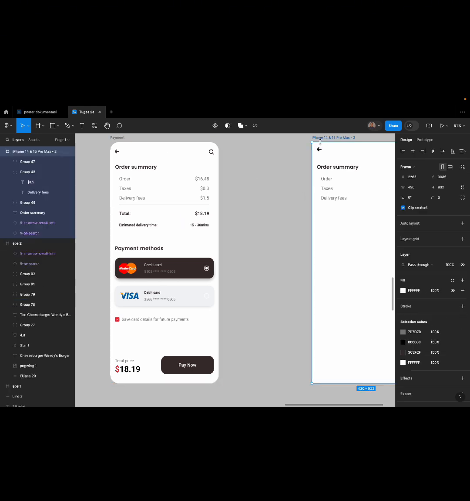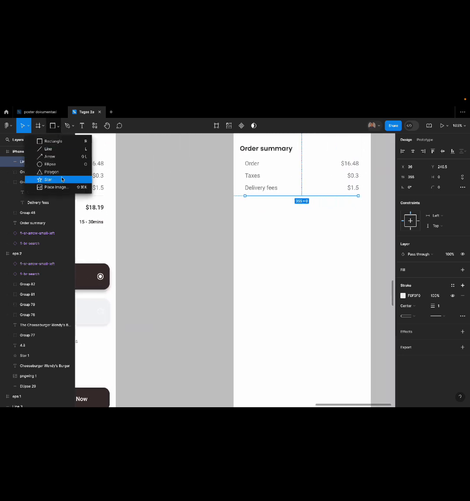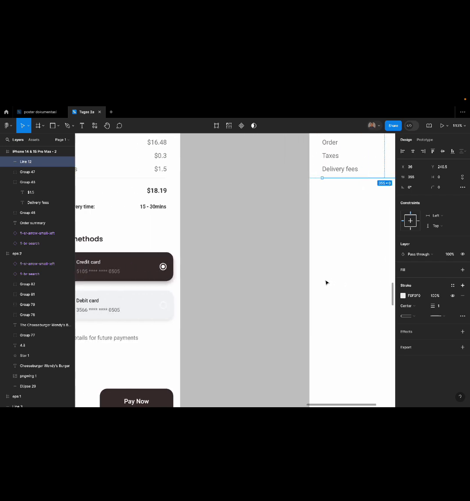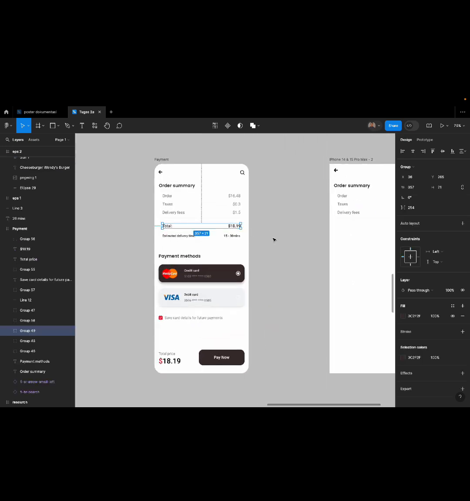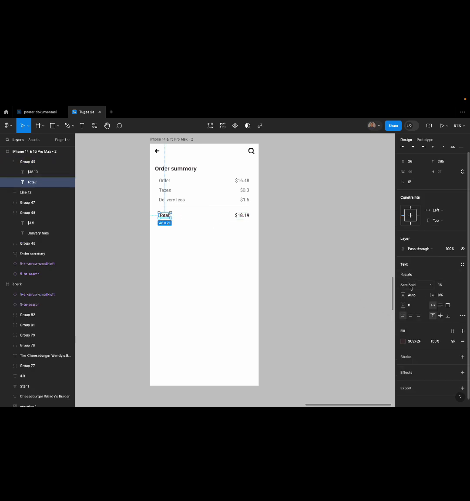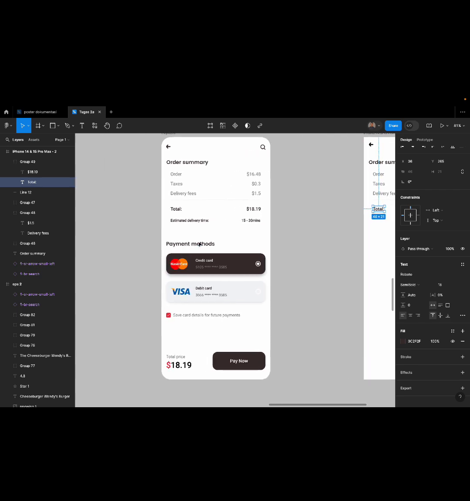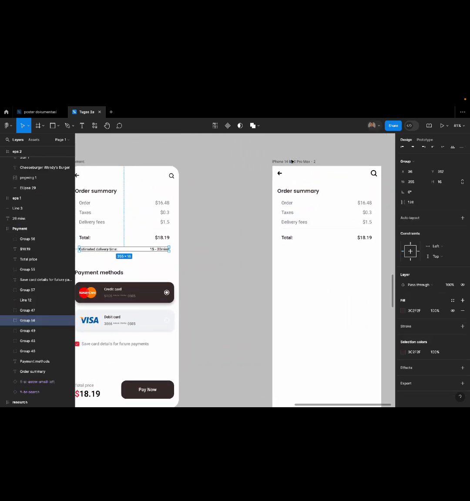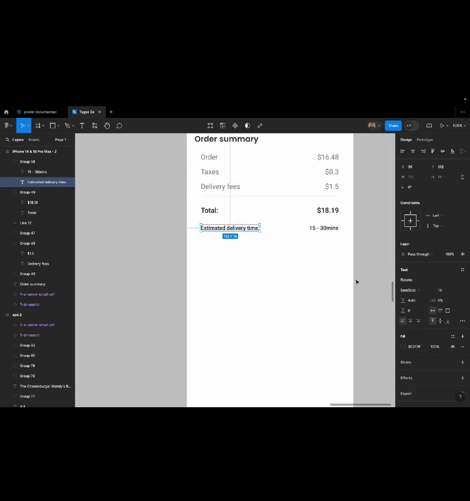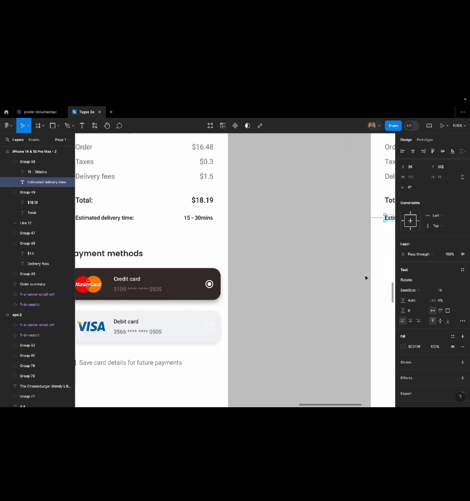and make some line with the size is 1, and the color is F0F0F0, and then create the text of total price with the font style Roboto and semi bold with the size still 18, and then create the estimated delivery time with the font Roboto, type semi bold and size is 14, and then